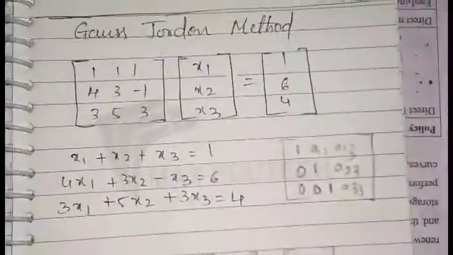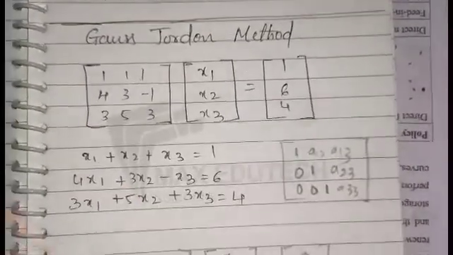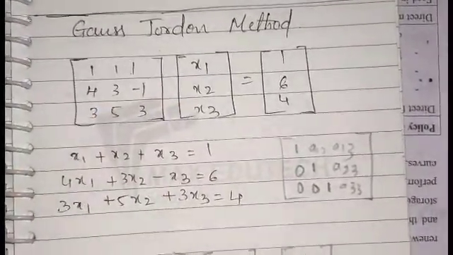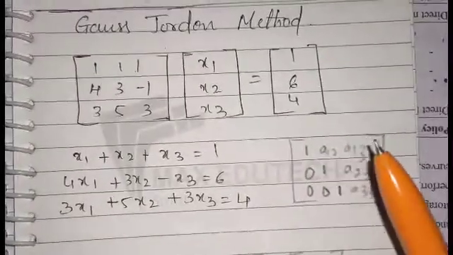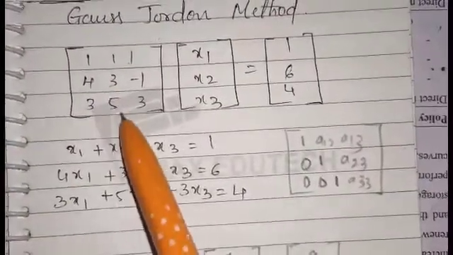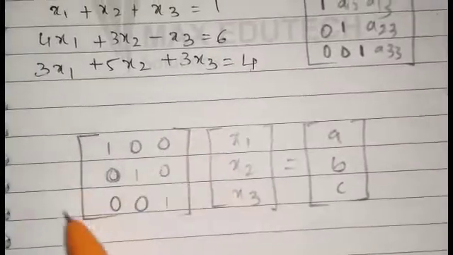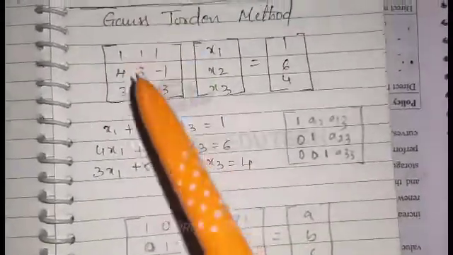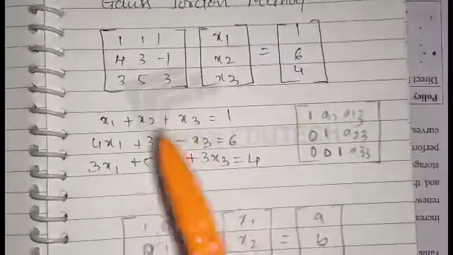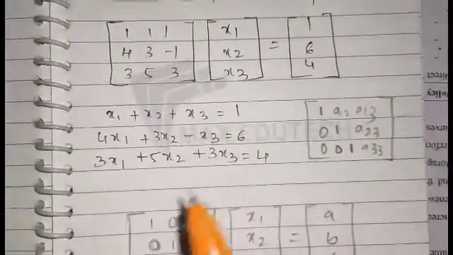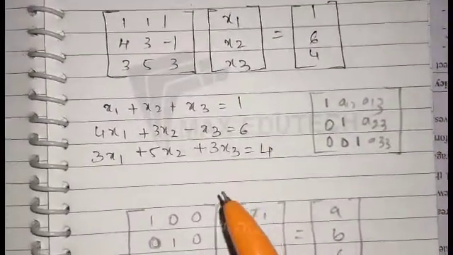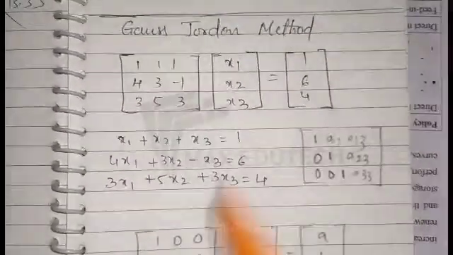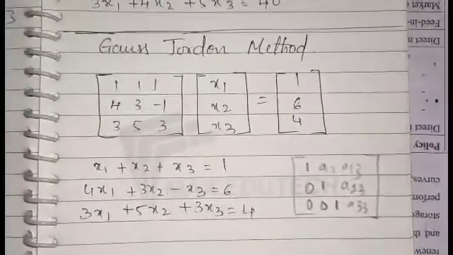In the Gauss-Jordan method, the given matrix will not be converted into an upper or lower triangular matrix, but we will convert it into a diagonal matrix, which will be in this form. That will be done by using the same elementary row transformation method, as I have shown in the previous video. So I am going to take an example here.